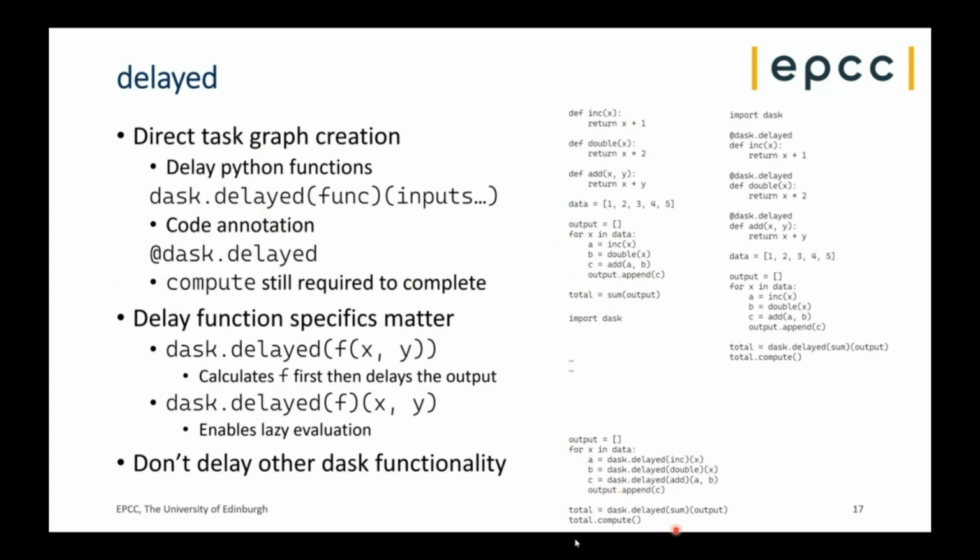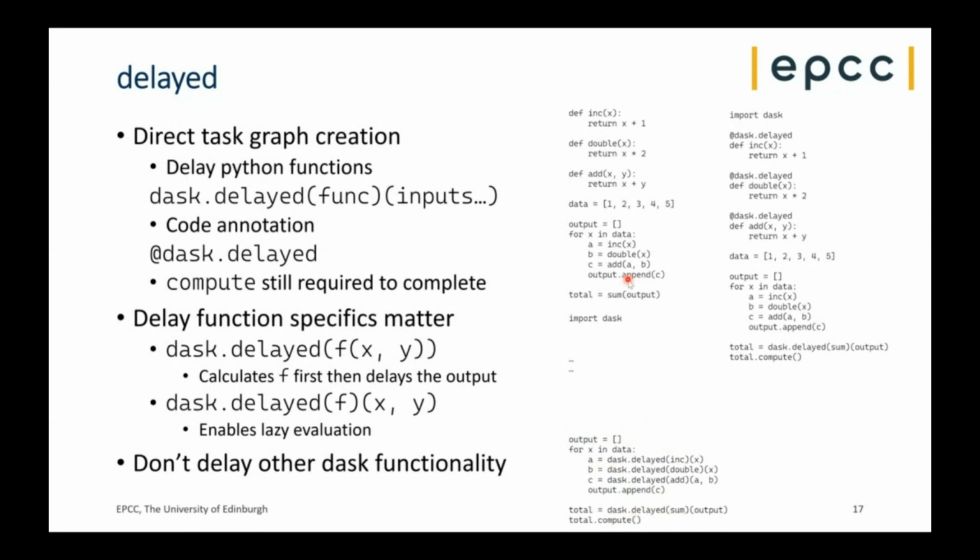So here, at the bottom, nothing in the functions changes at all, nothing in the data changes at all, but every time I call a function, I just wrap it with this function called dask.delayed, the name of a function, and the arguments to the function, and each time we do that, that adds it into the task graph. And then that lets us create